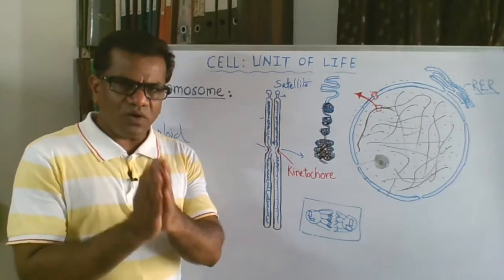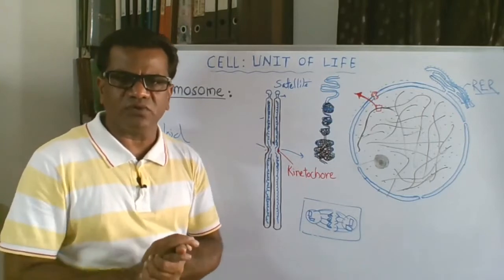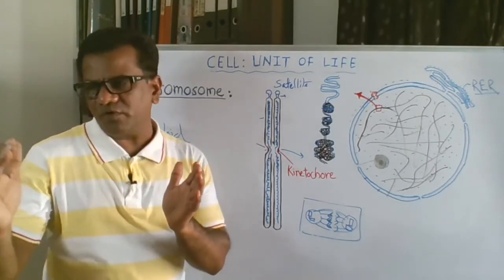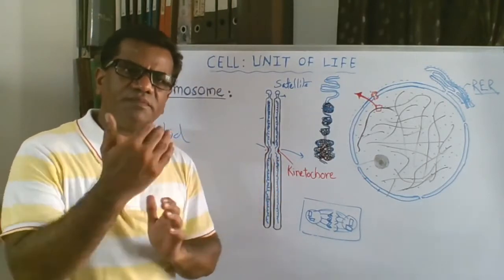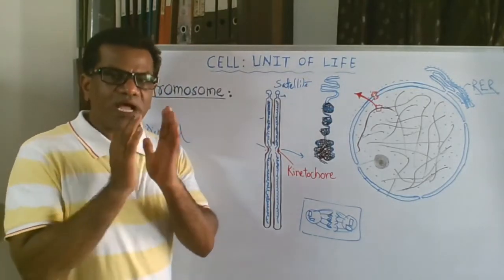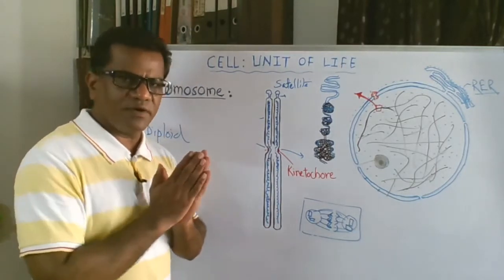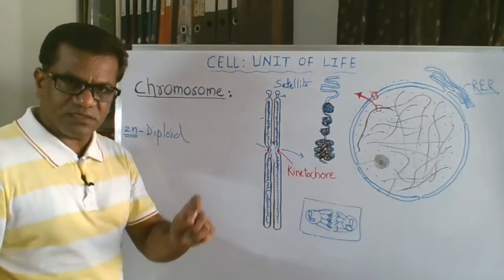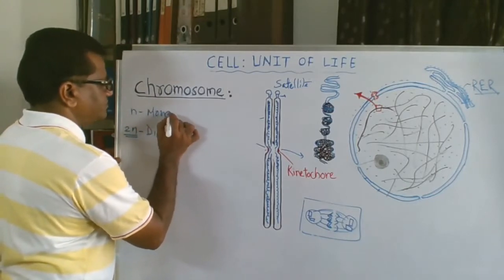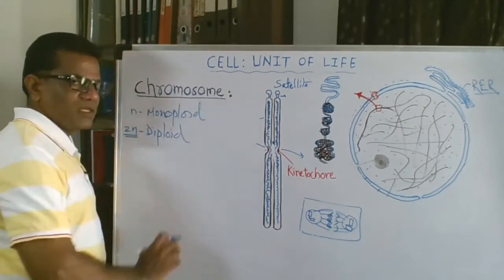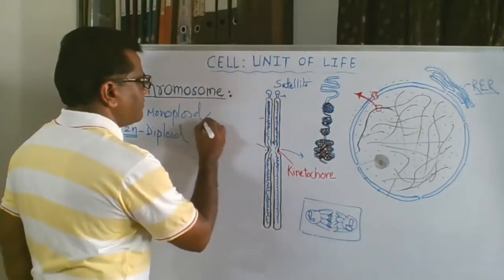So we see all chromosomes in a karyotype. All chromosomes of one organism are represented in a karyotype, and in the karyotype 1, 2, 3, 4, 5, 6, 7, 8, 9, 10, all 10 chromosomes differ from one another, either in length or in centromeric position or in satellite or like that. Such a set of chromosomes where all chromosomes differ is known as a single set, and such a set is called monoploid. Some of the primitive organisms are haploids. They are called haploids.